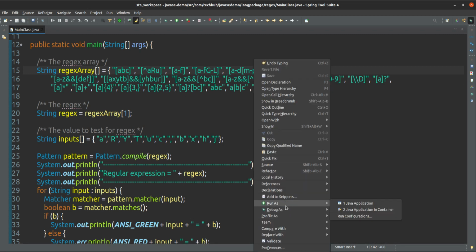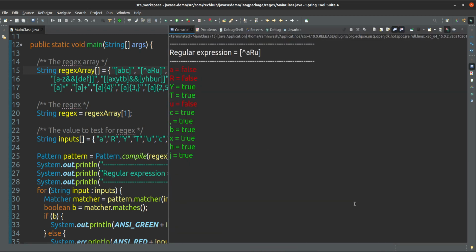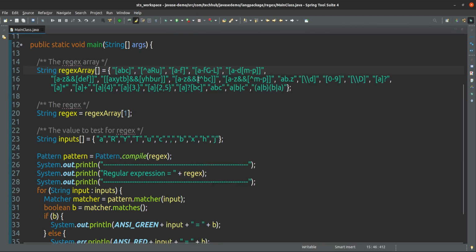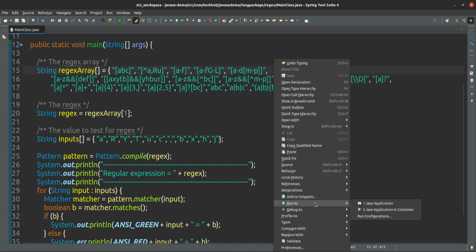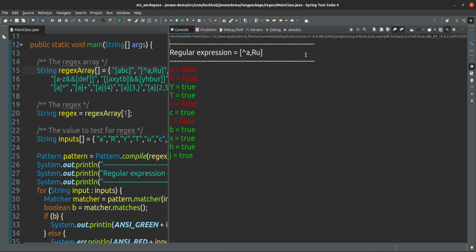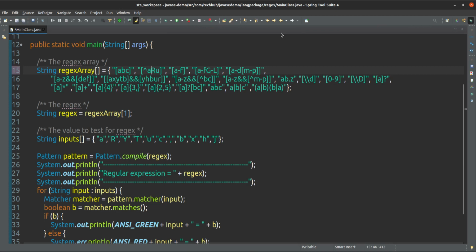Now it will come for comma also, because that regular expression was something different actually. The regular expression we gave is this one. It means it should not take this comma; other than this comma, it should come. That's why it was coming like that, because we defined comma also in that last regular expression.